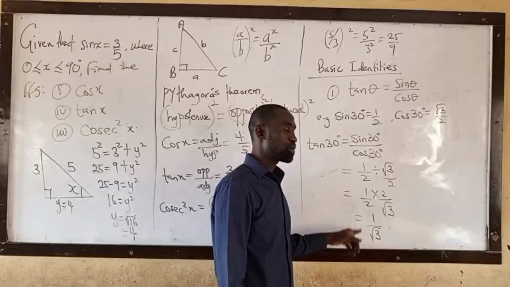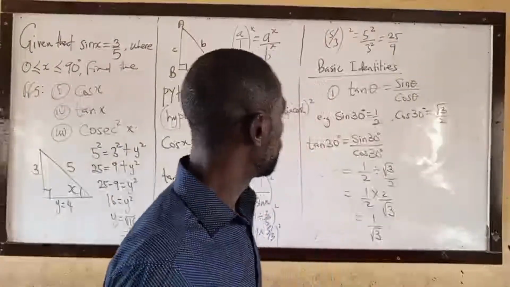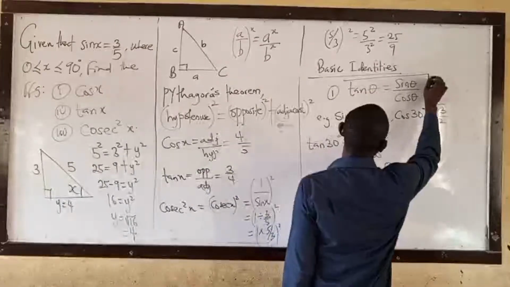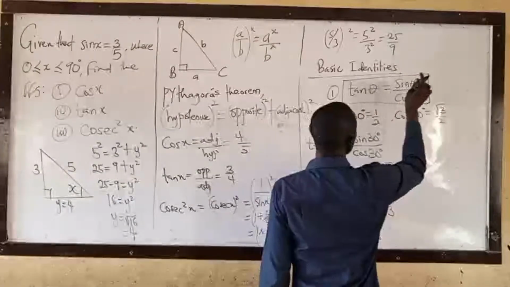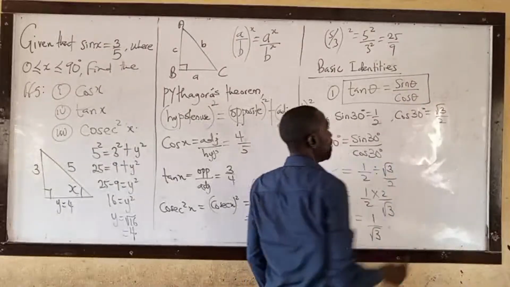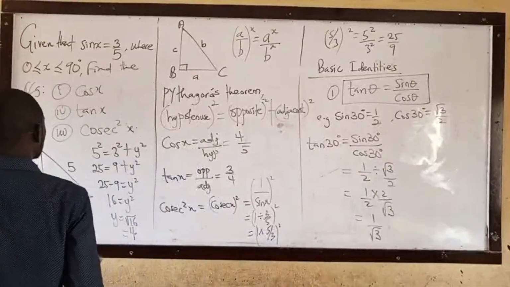Okay? Value of tan 30 is what? 1 over root 3. Clear? So this is the first identity. Basic identity is the first one. Tan of something must give us sine of that thing all over cos of that thing. That is the first one. The second one,